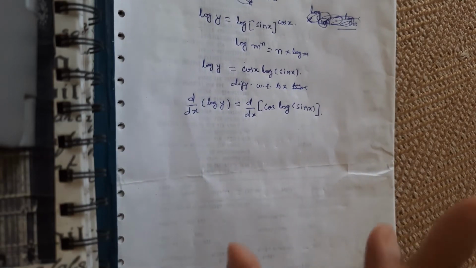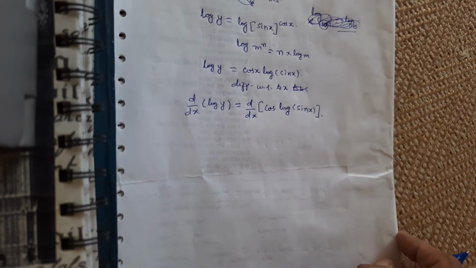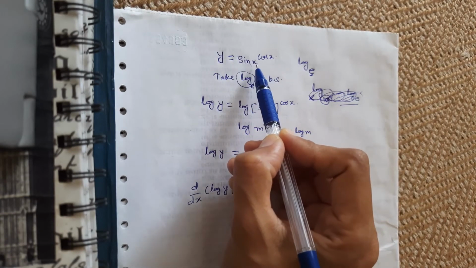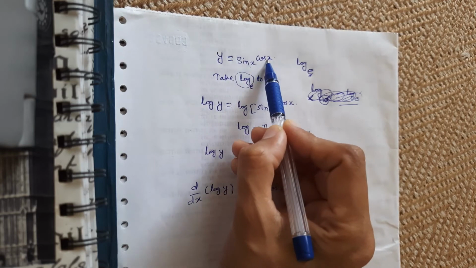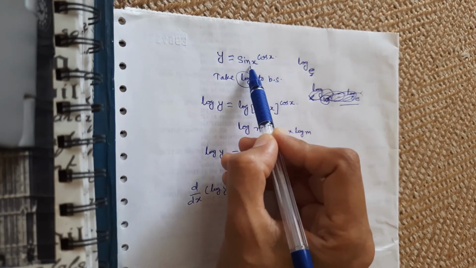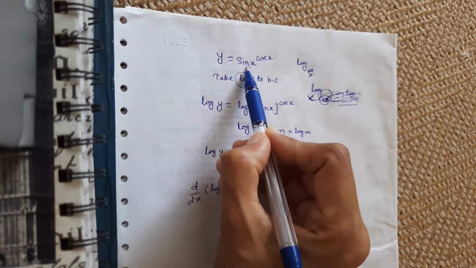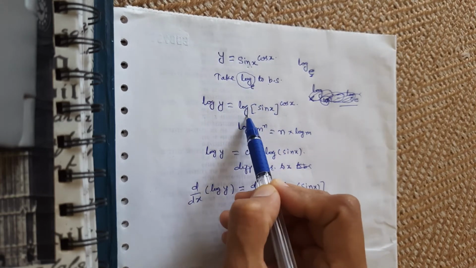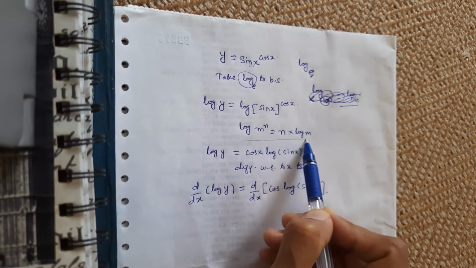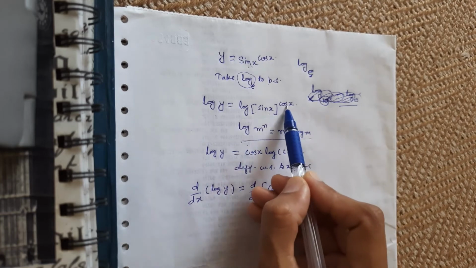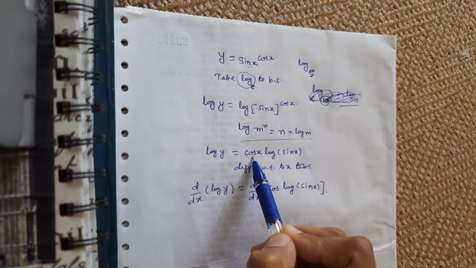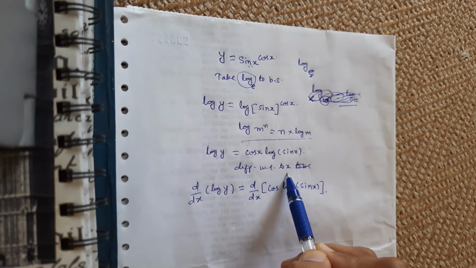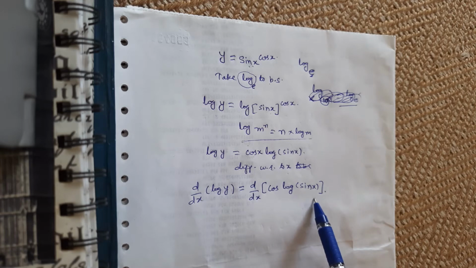Okay, up to this step everything is clear. I saw a complicated function which has an x term in the base and an x term in the power. As soon as I see this kind of form, what will I do? I just take log to both sides. After taking log to both sides, I will apply this formula, and the power comes into the multiplication here. So this is my simplified function now. Then I will differentiate it with respect to x. So I will get this expression here.